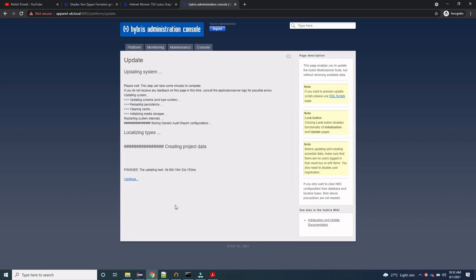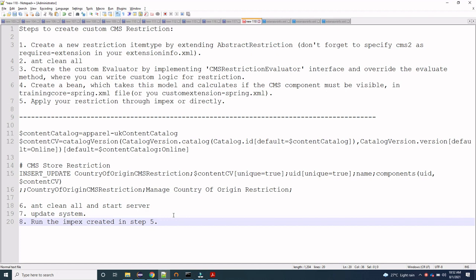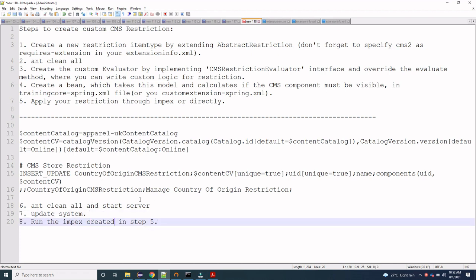Now we can see here that the update system finished successfully. Now as a next step, till now we did the ant clean all and start the server, we have updated the system. Now we have to run this impacts which we have created, right?